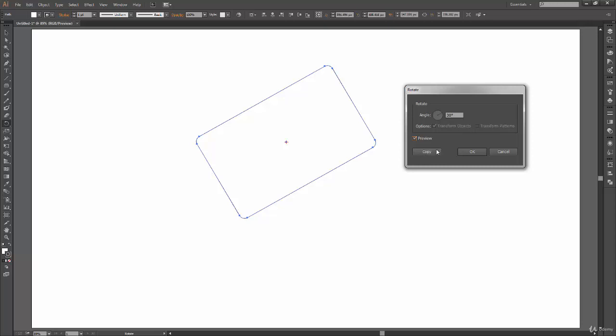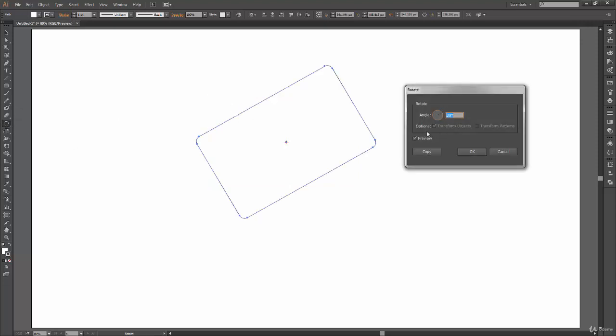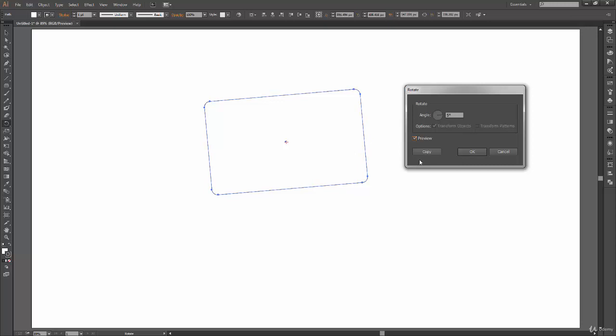So what the copy button does is it copies your shape. So now you have two shapes. One is the original one and one is the newly rotated one. You can use this in a number of ways. Let's say you want to repeat a design. We have learned in a previous video that if we want to repeat a certain transformation, we can press Ctrl D on our keyboard. So let's do the same thing. Double click on this rotate tool, and change this value to 5 degrees. Okay, press tab to see what changes it brings, and it looks okay.